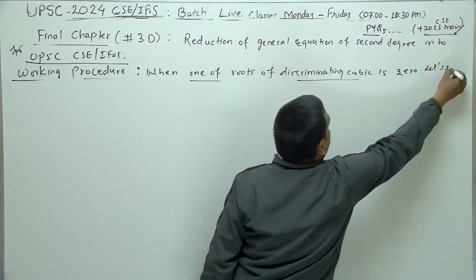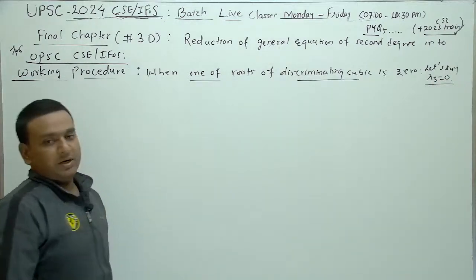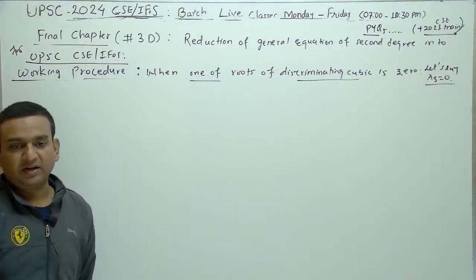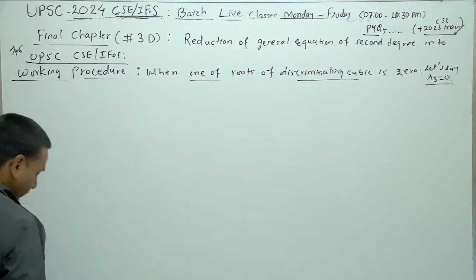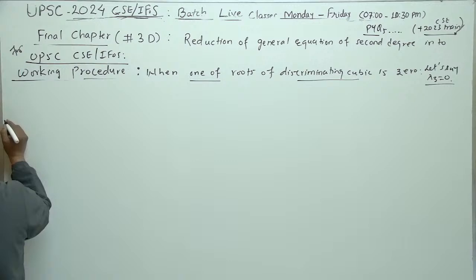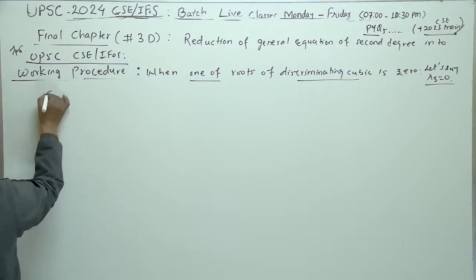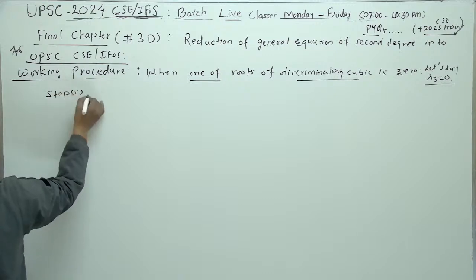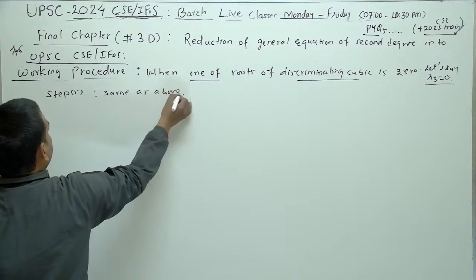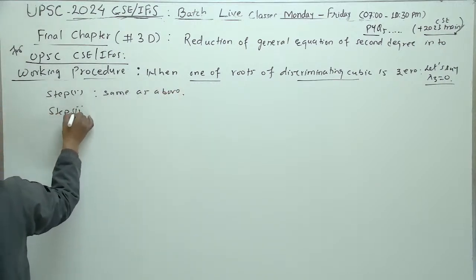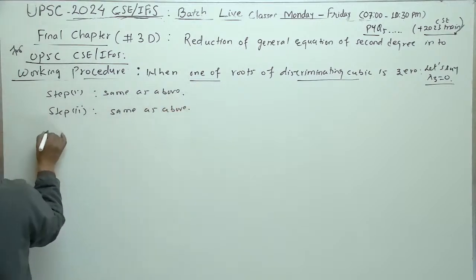Let's say lambda 3 is 0. Okay? Lambda 1, lambda 2, lambda 3. 3 by 3 का determinant है, so 3 roots we will have. Right or not? चलिए. So let's move now. Step 1, the same you will have. Okay? So step 1, same as above. ठीक है? Step 2, same as above. Step 3,